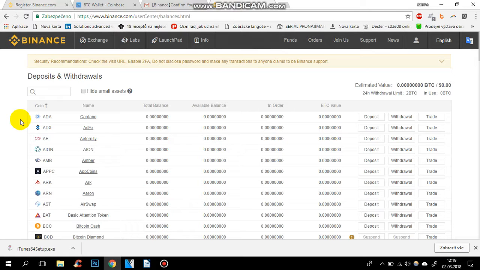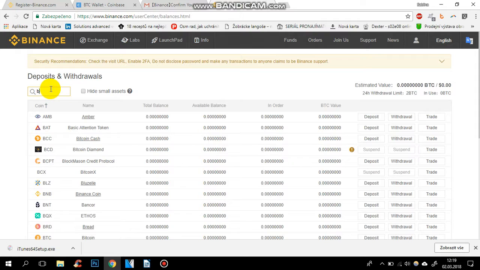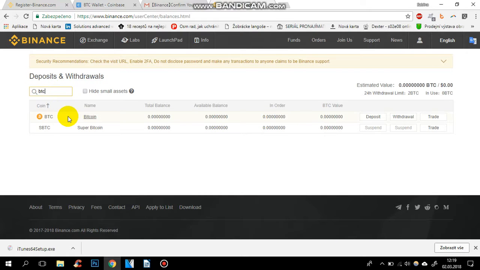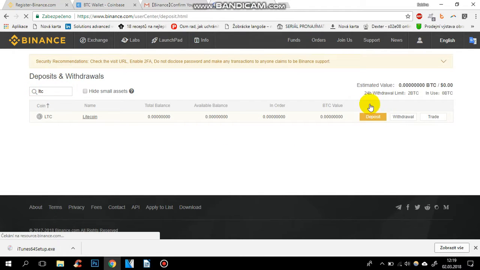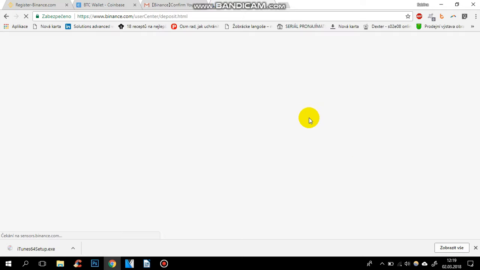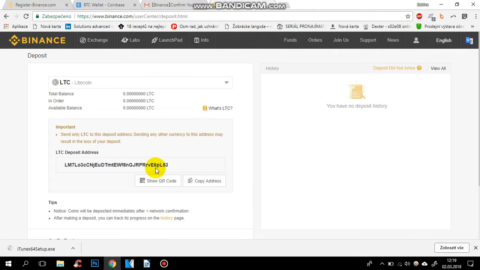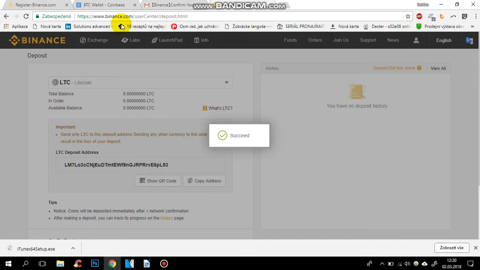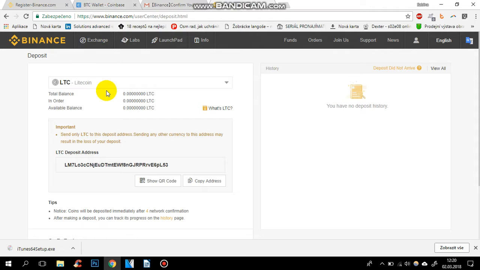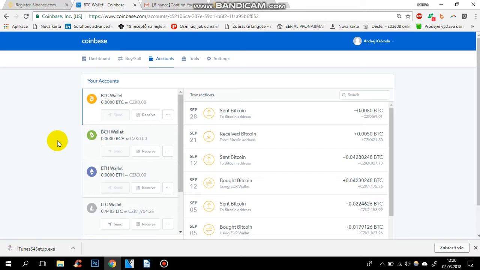If I wanted to send Bitcoin, I can write Bitcoin into the searching field, but as you saw on Coinbase, I'm holding some Litecoins, so I will send Litecoin here. And I click deposit here, and you can see that here I have the address of the wallet of the recipient. So when I want to receive Litecoin on Binance, I will use this address. I only need to copy the address, so I copy it, and now I can go to the Coinbase account, and